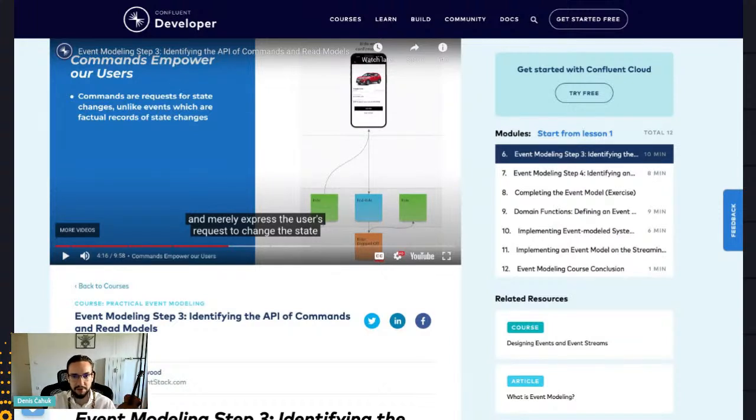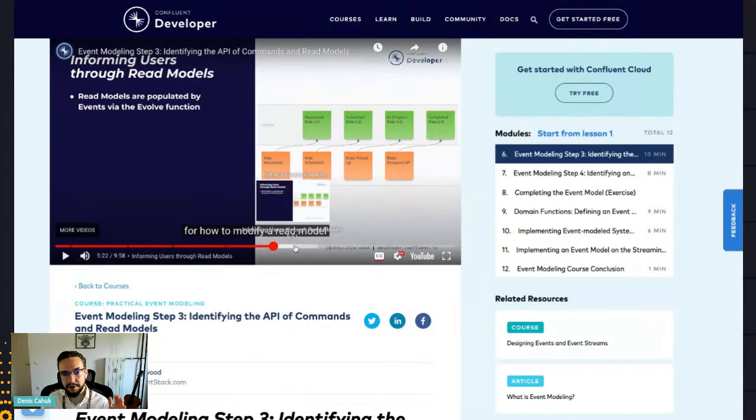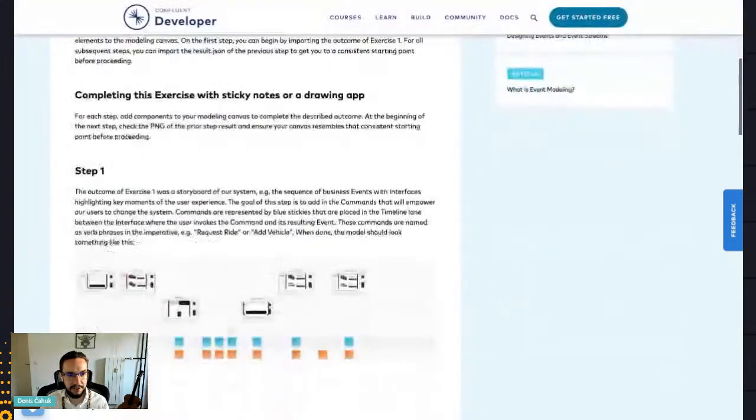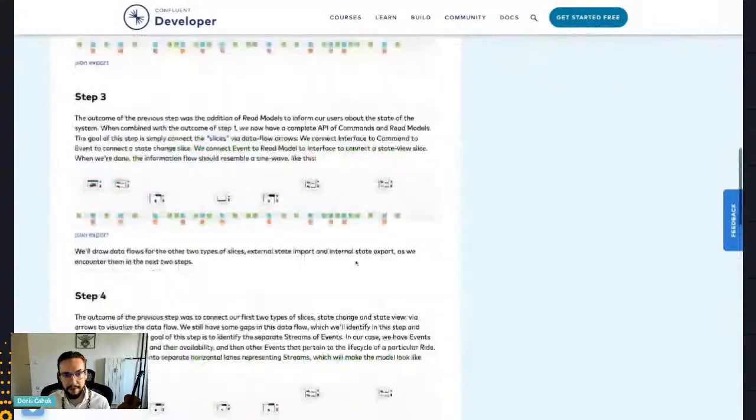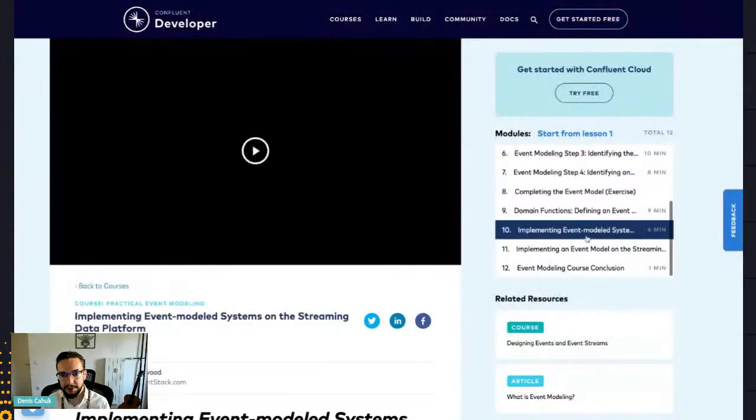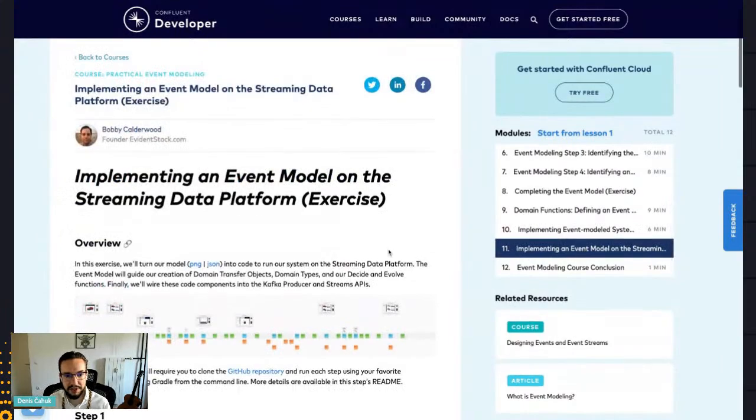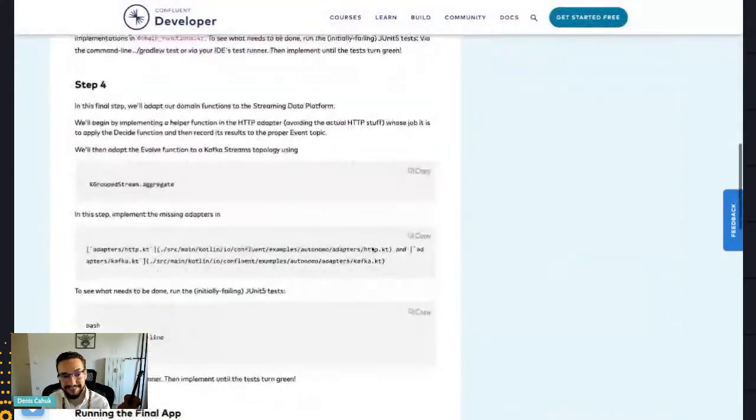When I'm in this state, when this blue box happens, I want the orange box to be the output. That is a very natural way of how testing happens. And this course does go into a lot of detail on that. There are details about functional programming later on. You even have a little exercise in how to create your event model. And later on, you'll even get into some F# concepts about the decide pattern, right?